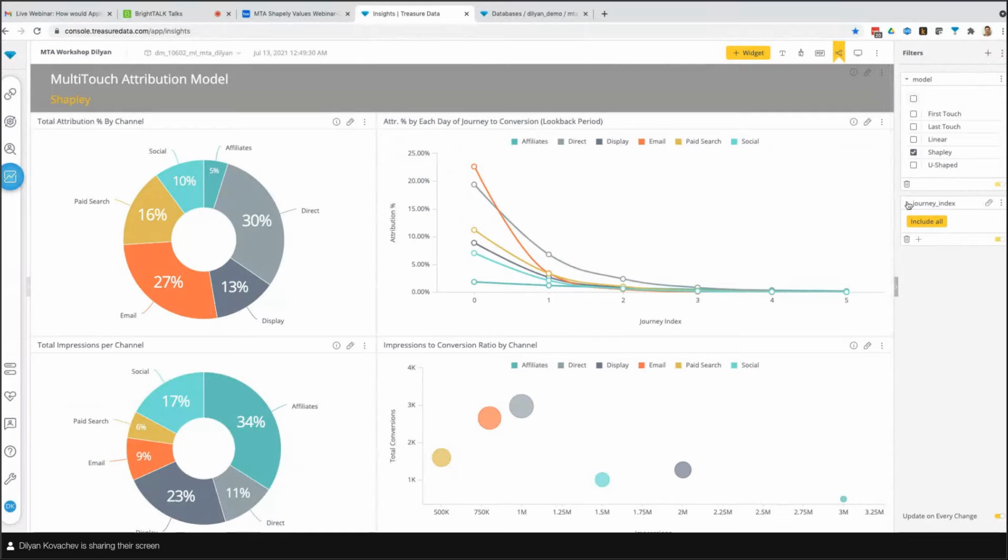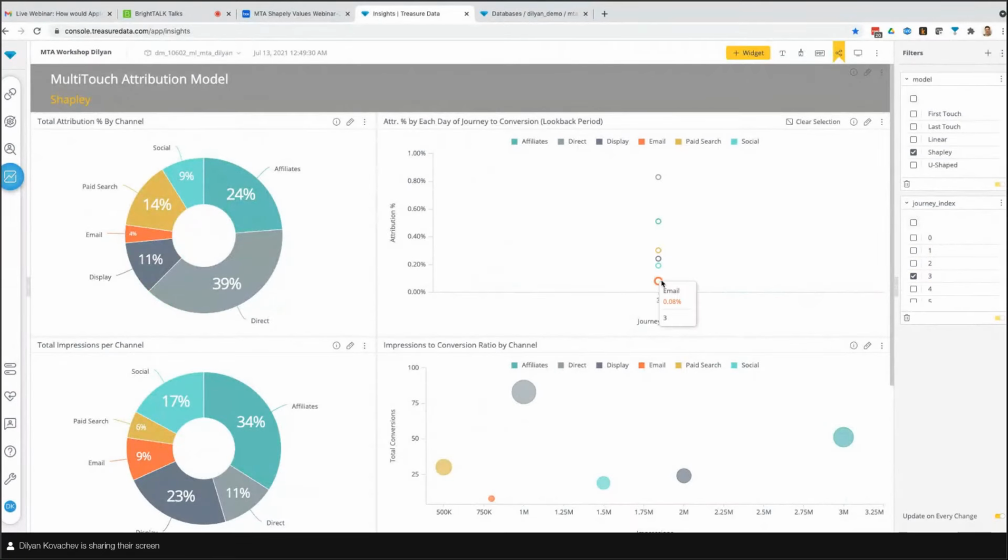And if you're really curious, you can also select and look at specific touch points. So if you just want to see what a channel's contribution looks like at the midpoint of the journey, you can see that email is actually not that good at the midpoint.